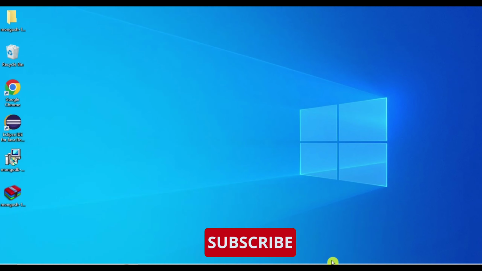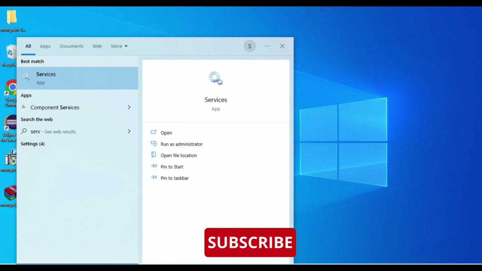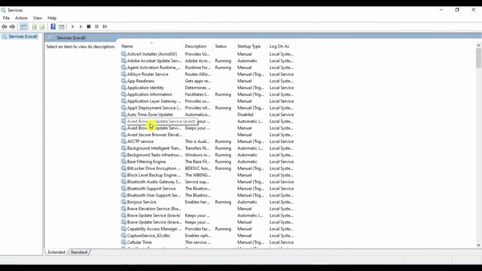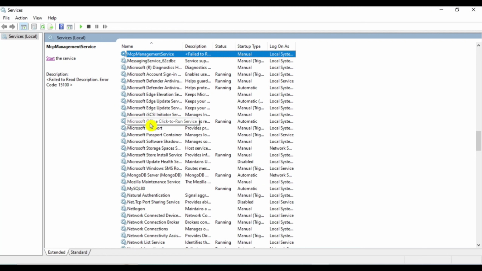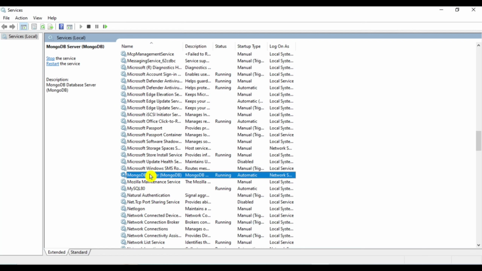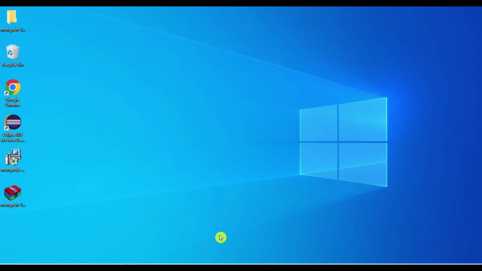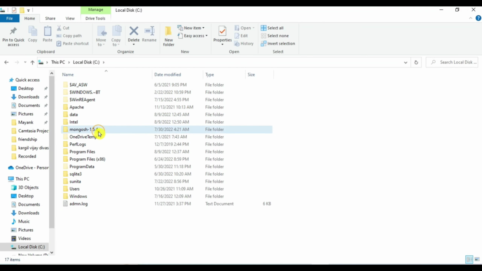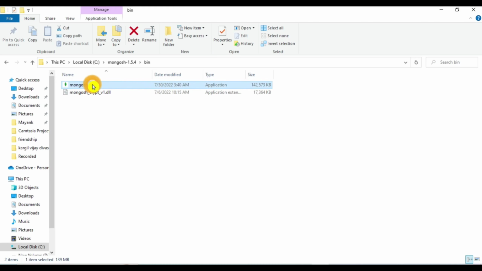Okay, my machine is restarted. Now I will be showing you services of my machine. So here let's go to MongoDB services. If you can see here, it is showing me MongoDB server running. So the server is already running. You don't have to go to bin folder of server and start MongoDB manually, because it is already started whenever your machine is started. So just to reflect the changes, we have restarted the machine. So now my MongoDB server is running. I have to just start my Mongo shell. So let me do that. Okay, so I'm starting my Mongo shell.